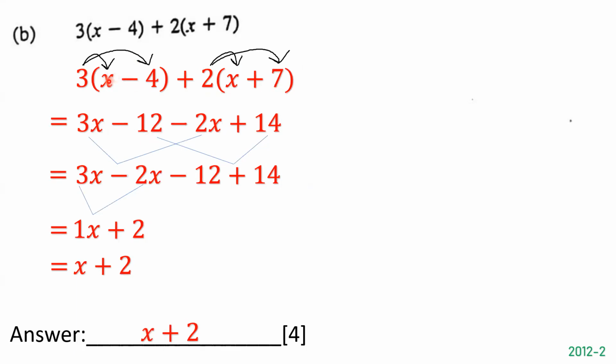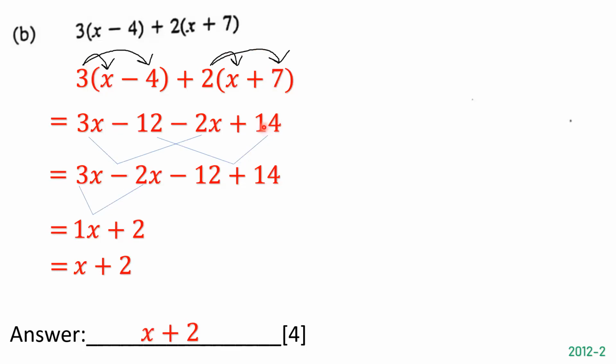Notice that we have 3 multiplied by open bracket x minus 4, plus 2 open bracket x plus 7. Here our goal is to distribute the 3 across this expression, which basically means we have to multiply 3 by every term that's inside of this expression. So we say 3 times x, which is definitely 3x, and 3 times 4, which is definitely 12, and we keep the negative sign. Next, we say 2 times x, which is 2x, and then we say 2 times 7,